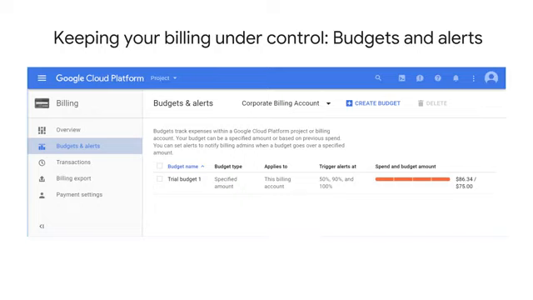You can also set up a webhook to be called in response to an alert. This webhook can control automation based on billing alerts. For example, you can trigger the script to shut down resources when a billing alert occurs. Or you could use this webhook to file a trouble ticket with your team.